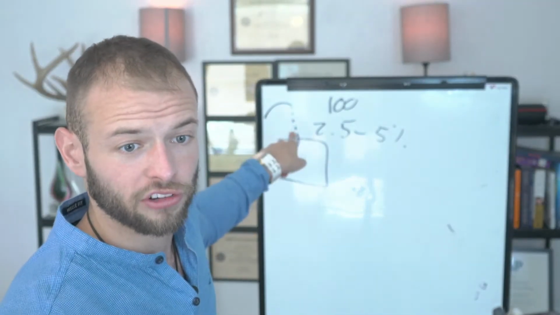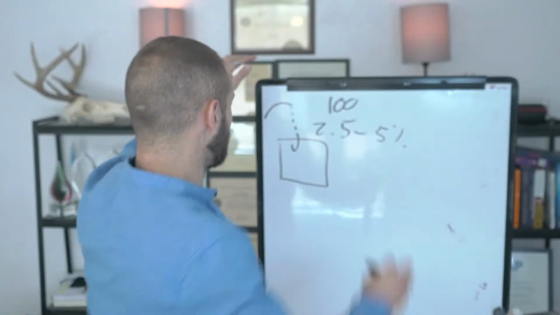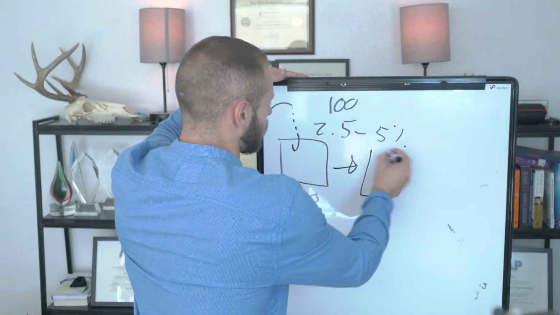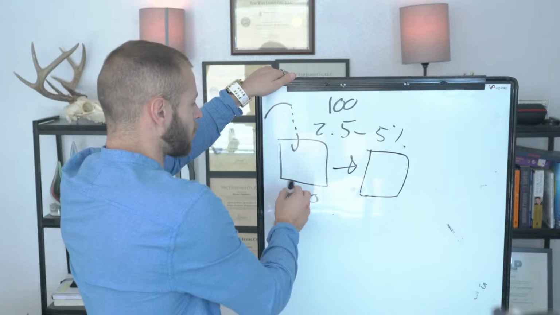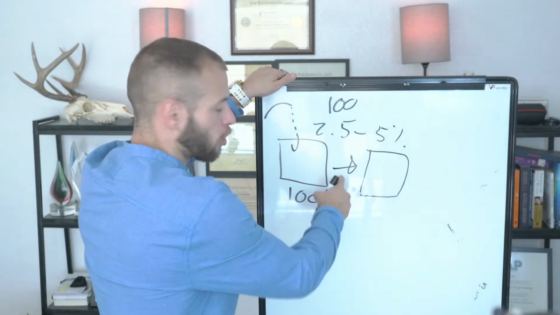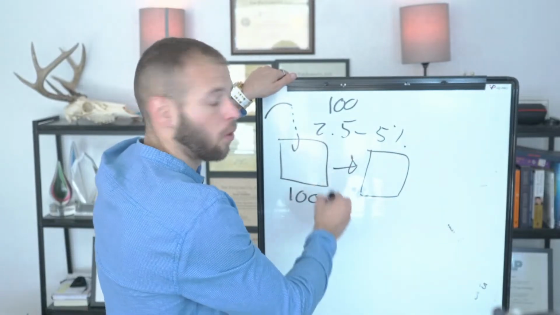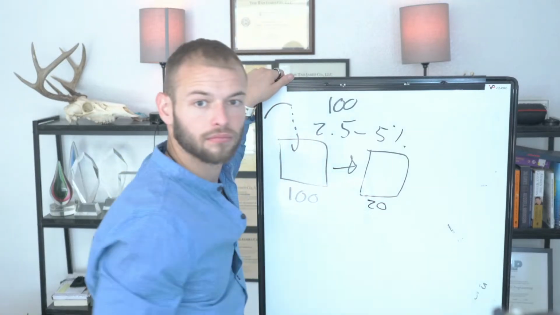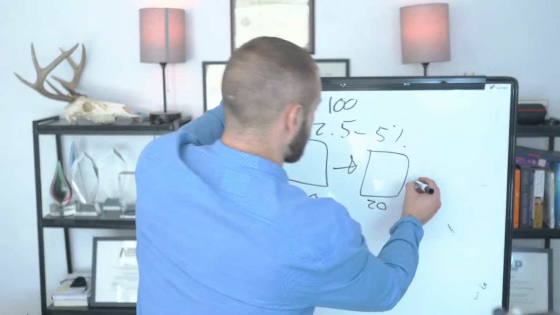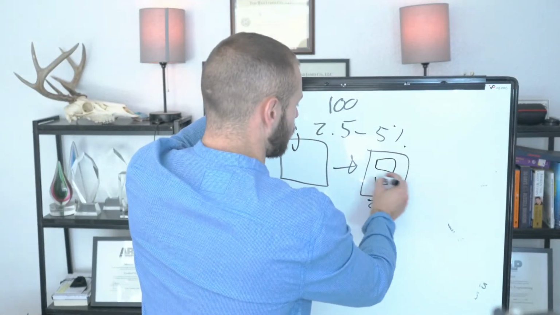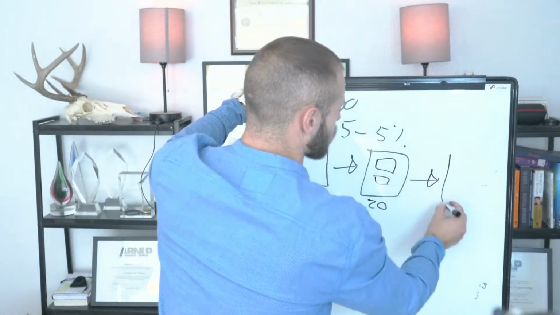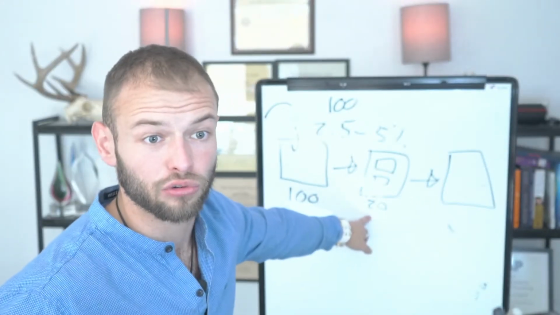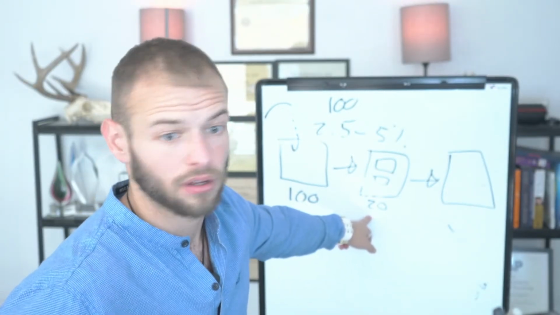this is your hook from your fishing line to get them into your funnel, into your world. You're going to send 100 clicks to this. They're going to go to a landing page. Here's the ad, 100 people click on it, they go to the landing page. You're going to lose 80% right here in this black hole. So for every 100 that see this page, only 20 opt in. Now out of that, maybe this is a lead magnet: button, video, ebook. Here's the book a call page. You might get 5% of these people, so 3 to 5, to actually end up